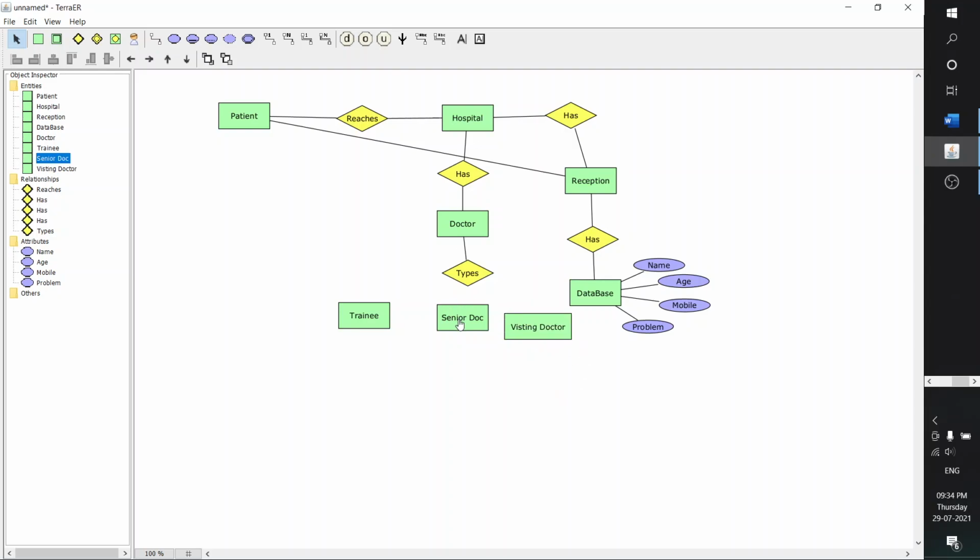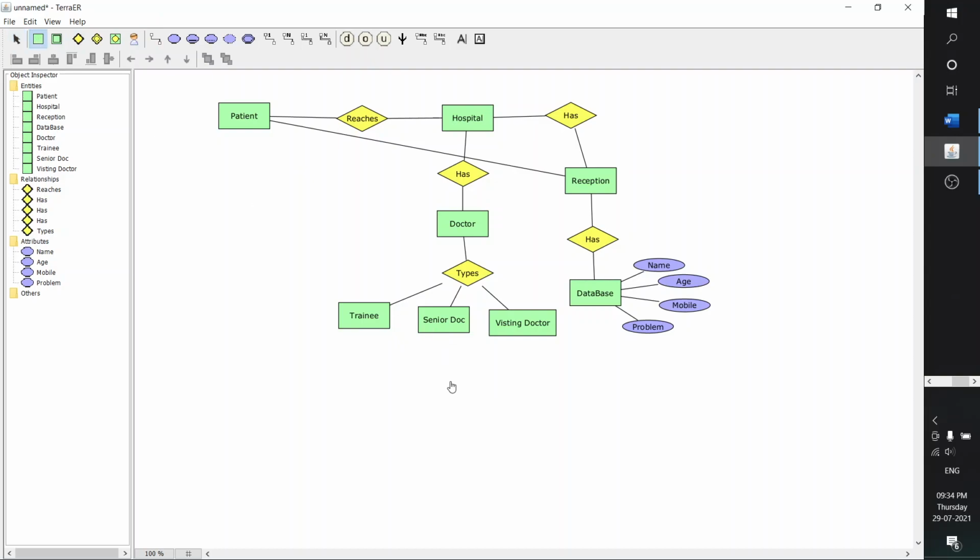So these three are the types of doctors which we can see. Now let us join them. After joining these three, we can place a disjoint in between these three. Before that, the patient needs to reach the doctor, right?